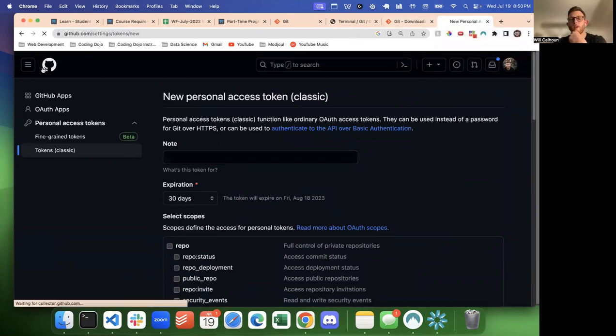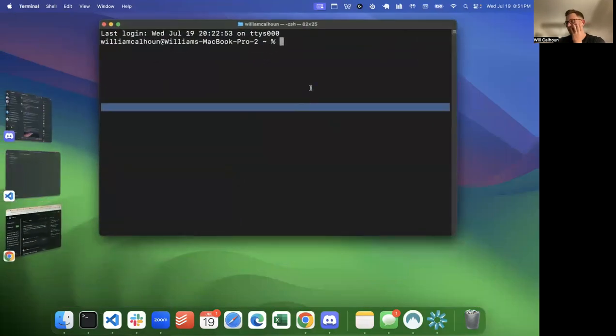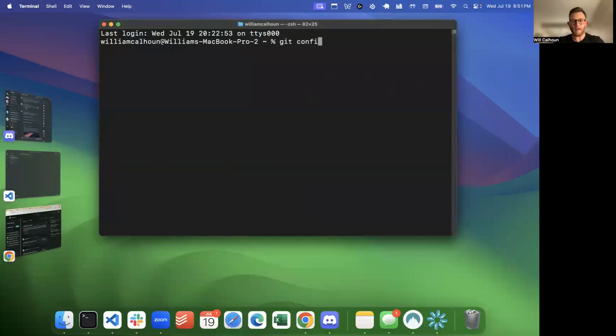Cool. Once we have all that, I know that's kind of a lot of setup. We've configured our settings, we've generated our token. Then we need to configure our credentials. So what we can do is go into our terminal and say something like git config --global credential.helper store. And then when we do this, we can say echo, and we're going to say